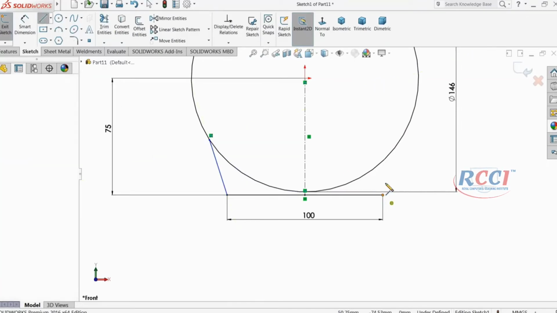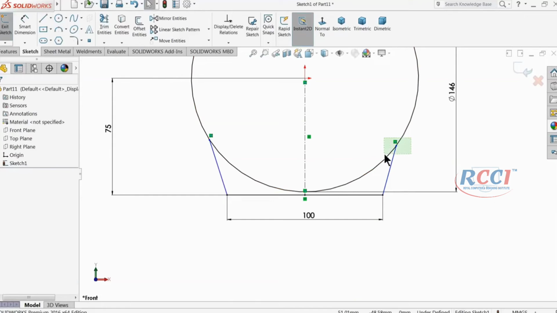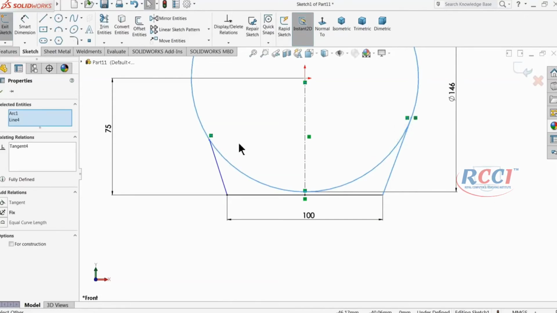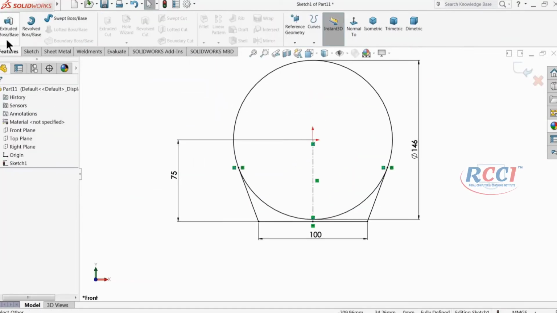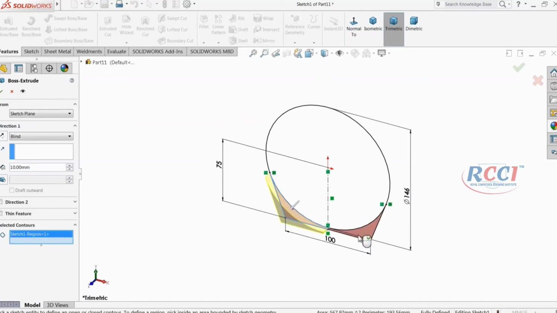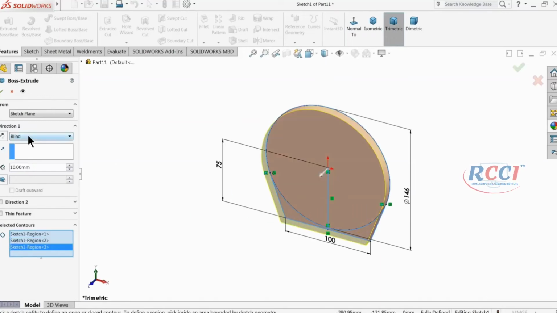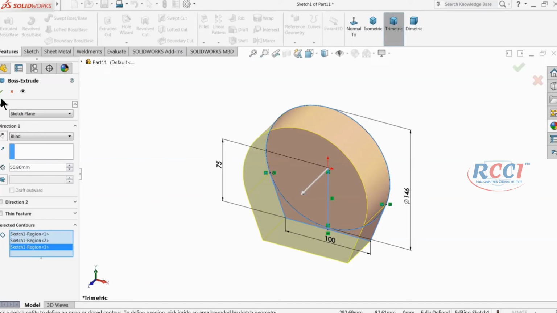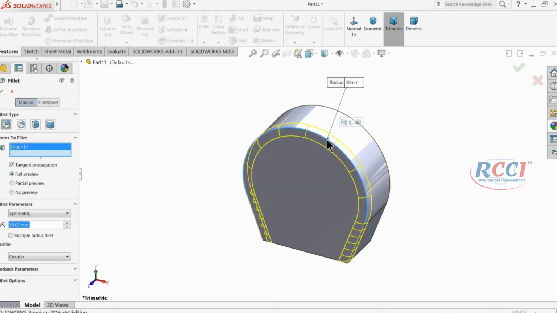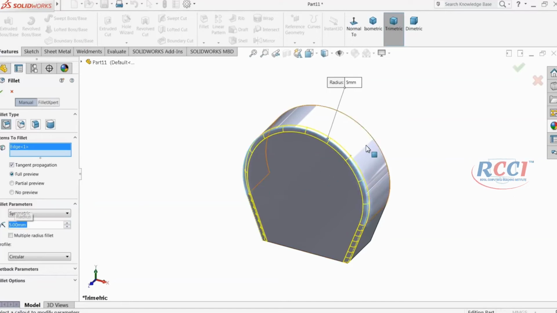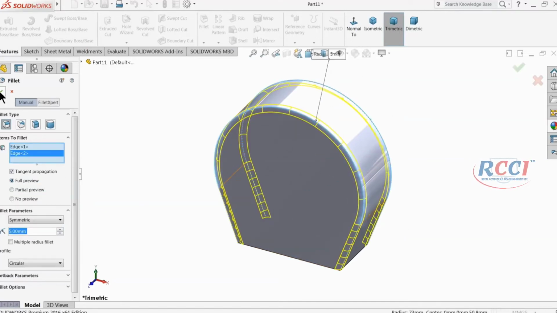Okay, now choose here line and connect with this. The same thing, exit. Now select circle and line and keep relation tangent, here also tangent. Okay, now select extruded boss. Select this face and this circle and extrude up to 50.8 millimeter. Choose fillet. 5 millimeter, select both the directions. Okay,